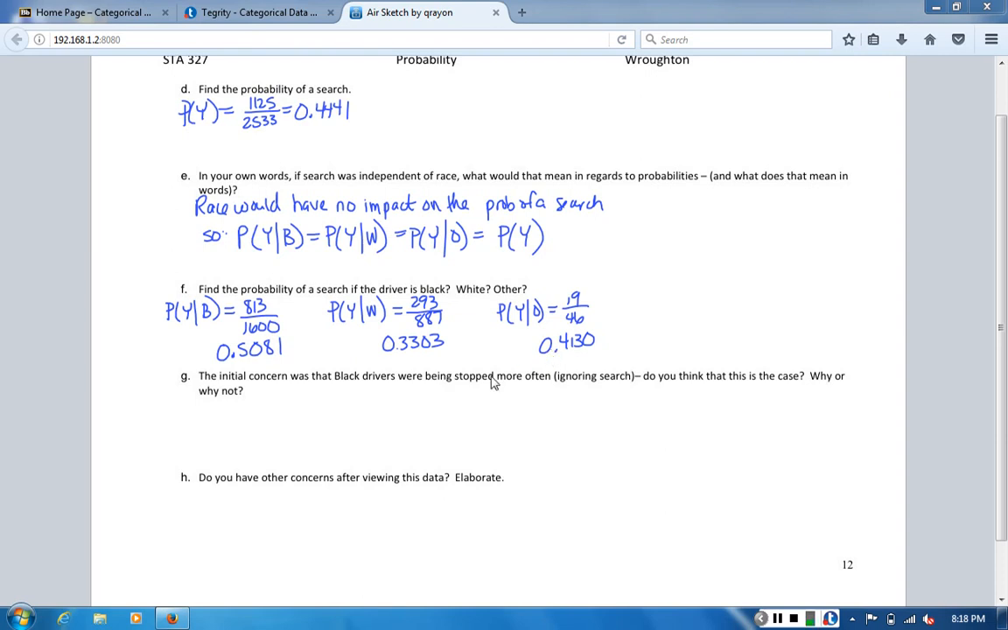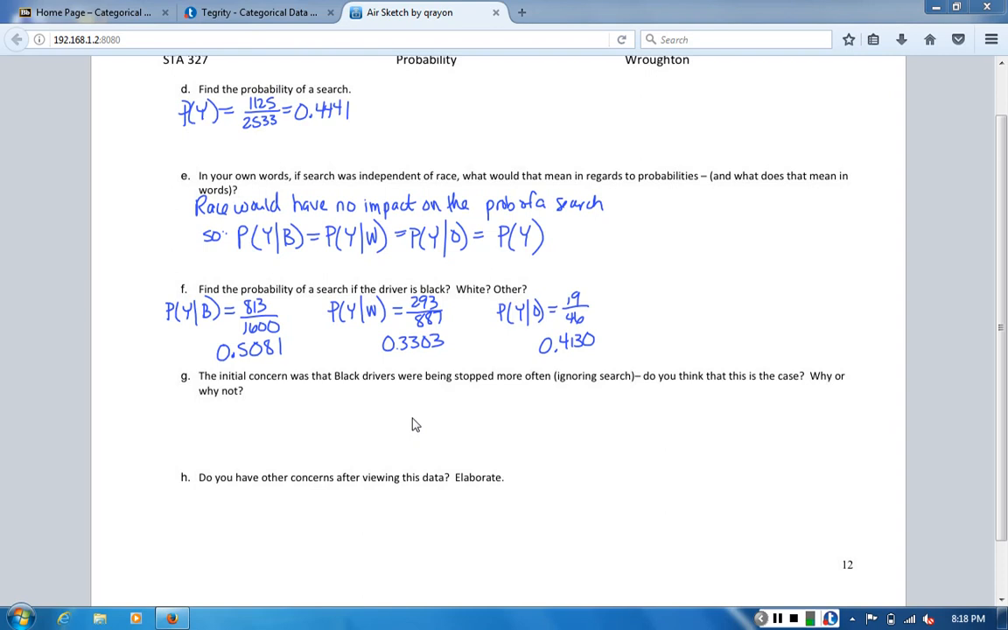Those are calculations. These other two questions are more for you to think about. So look at one concern here. This is how we might use our data to answer a question. One of the concerns was whether black drivers were being stopped more often. And do you think that is actually the case? So this is actually just ignoring search. Because if you look at, we had